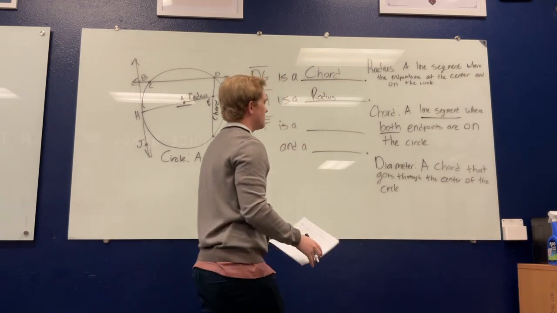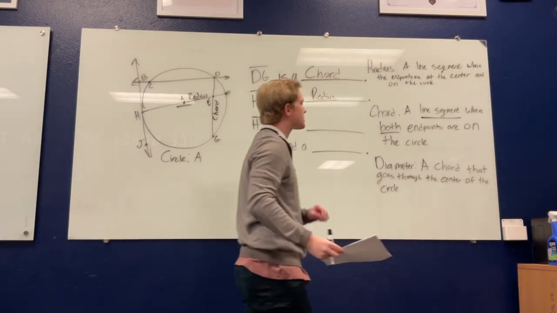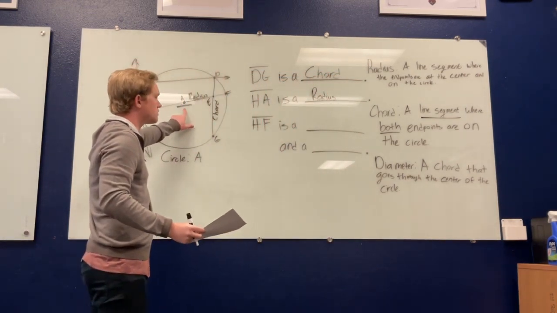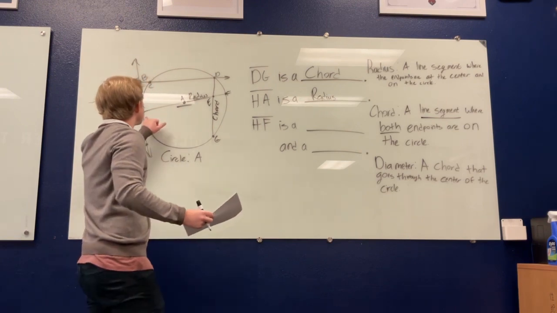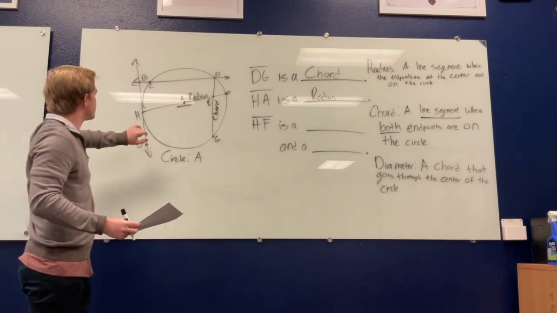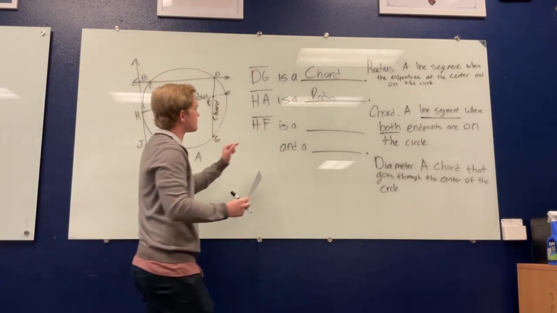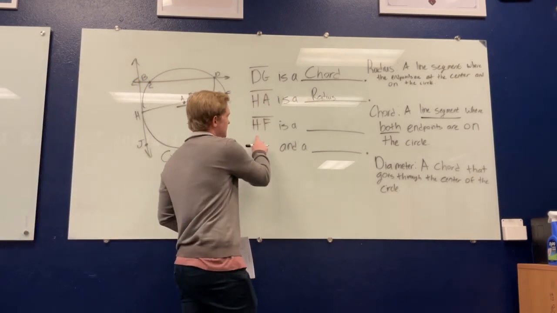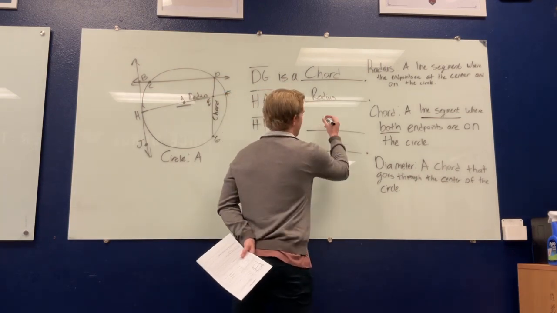Now we have our final one, which is a diameter. A diameter is a chord that goes through the center of the circle. So we have to look at, is there a line that goes through the center of the circle? And we see that one line does, and it's our line from H to F. Look at right here. We have our line segment HF. And we see that that is a